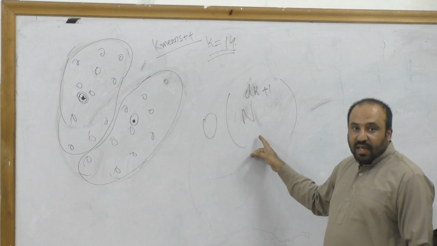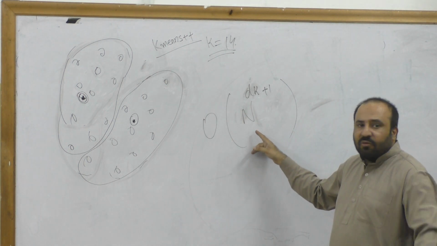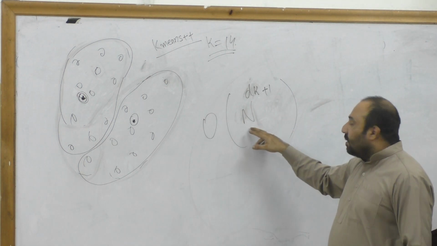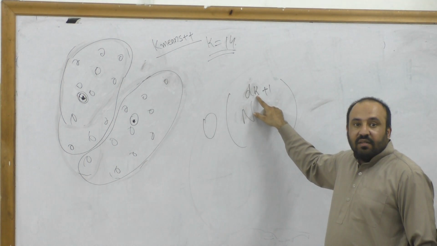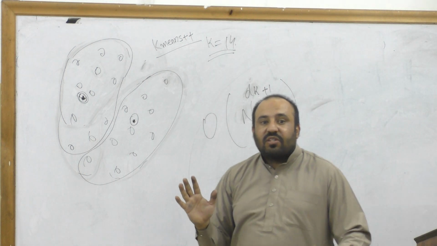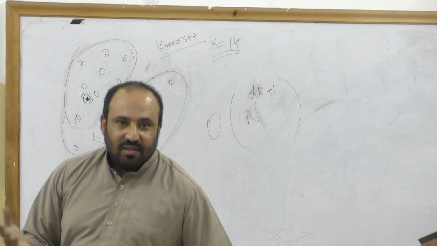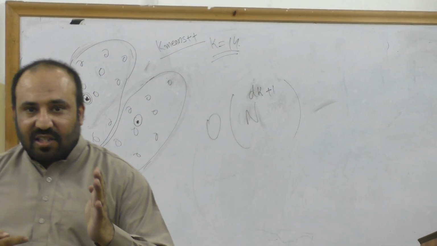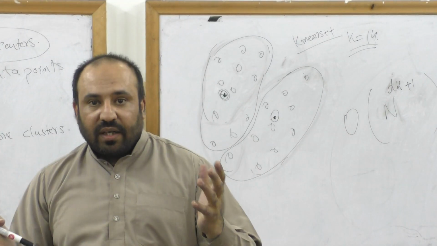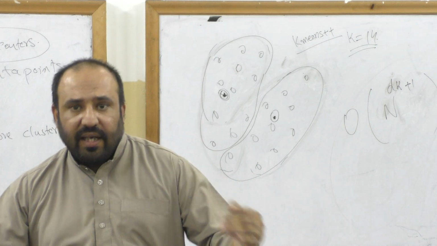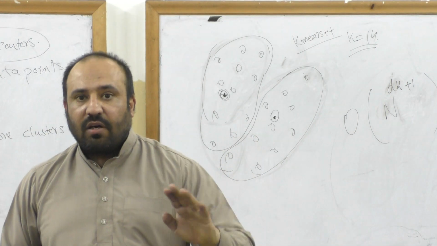The problem becomes tricky when K is not known. But we haven't proved that, right? We haven't proved that. The problem becomes tricky when K is not known, I mean, you have to find out the total number of clusters also. One case is that the number of clusters is supplied. In the other, you find out the total number of clusters yourself and also minimize the error, so then the problem is NP hard.